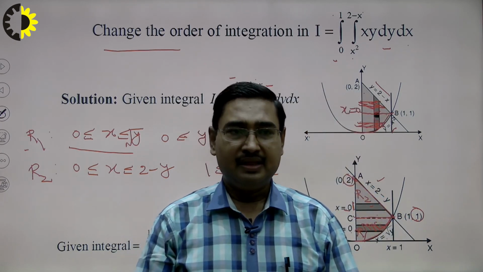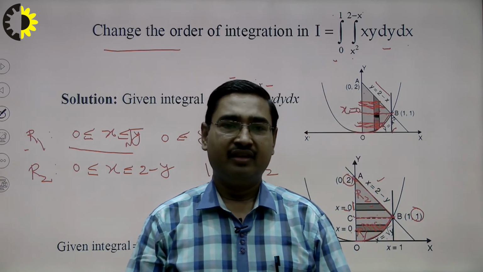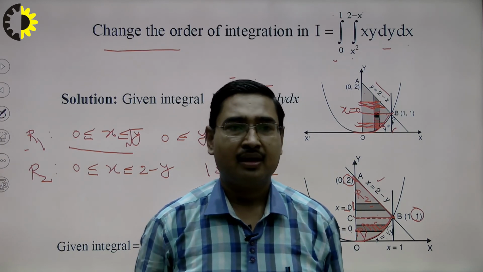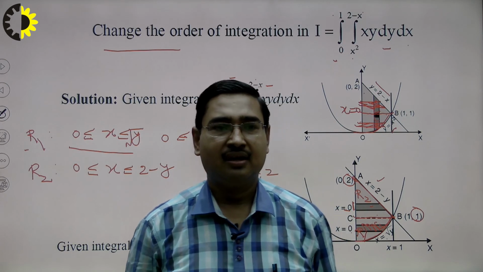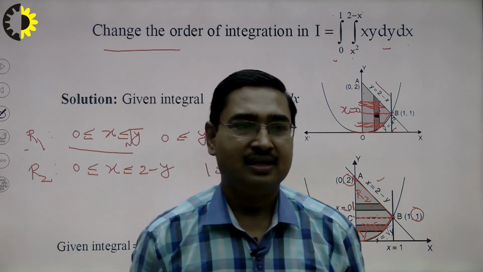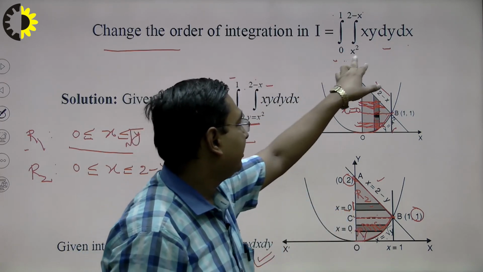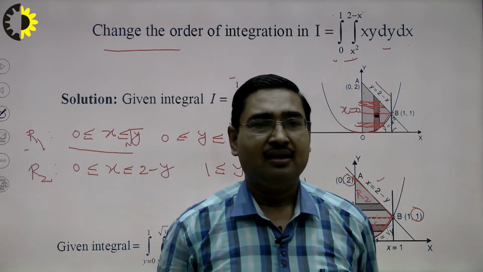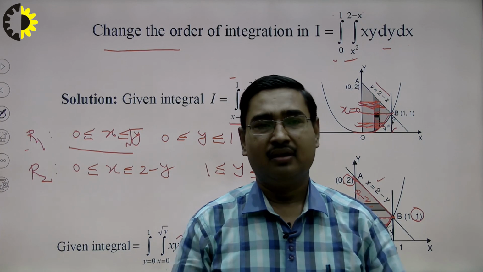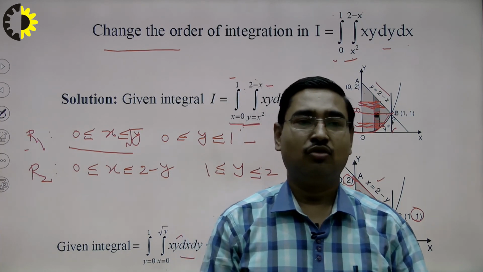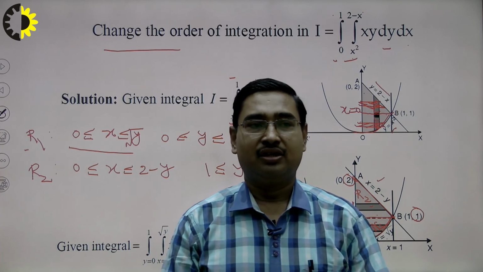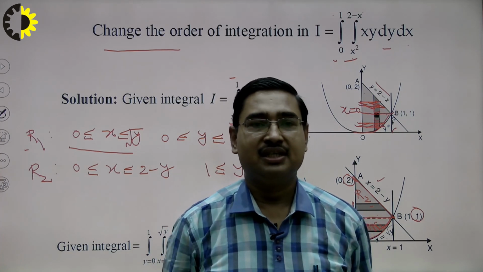Thus, in this lecture, we have learnt what change of order of integration is. We have seen how we can identify what type of slicing is there from given limits, and then we have seen how we can change the type of slicing to find new limits and give the integration which is obtained by changing the order of integration.